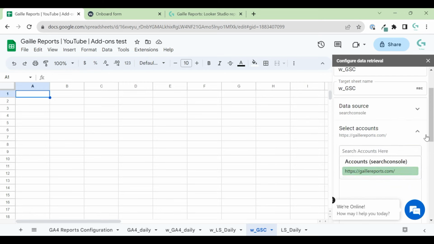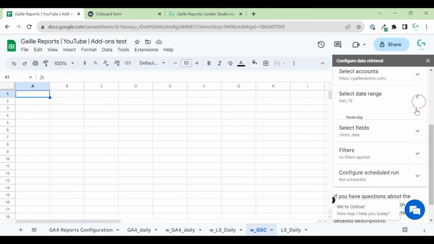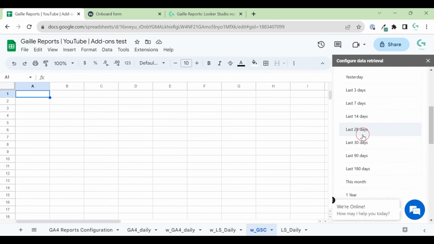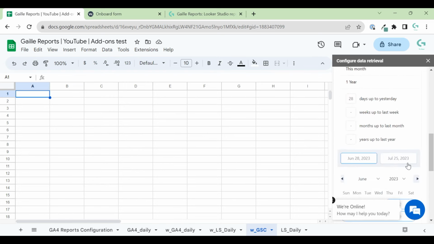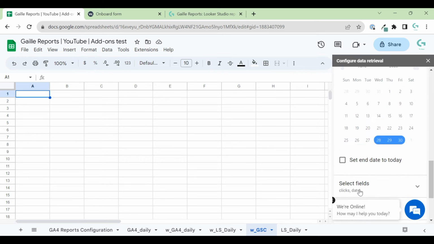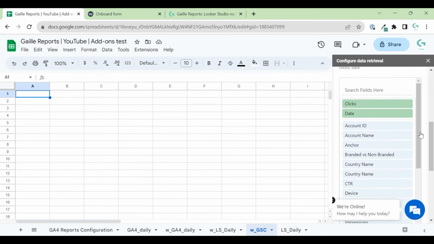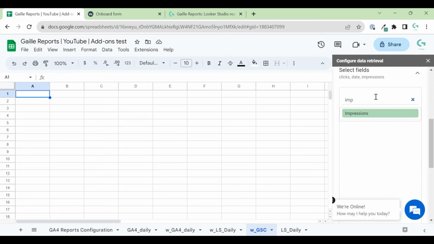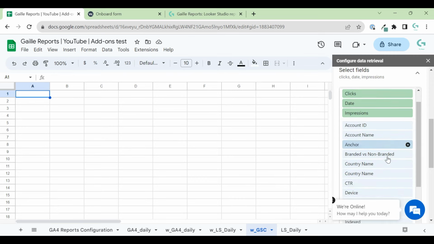Select an account. I have only one account here. Select date range. I don't know, let's select the last 28 days, for example. Fields: click date, impressions. What do we have here? We have here, you see,